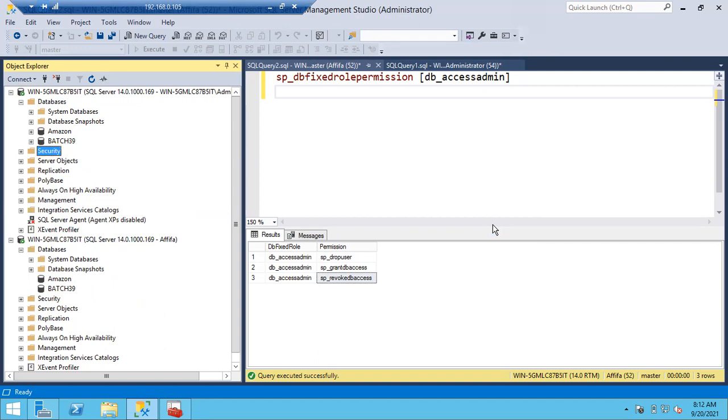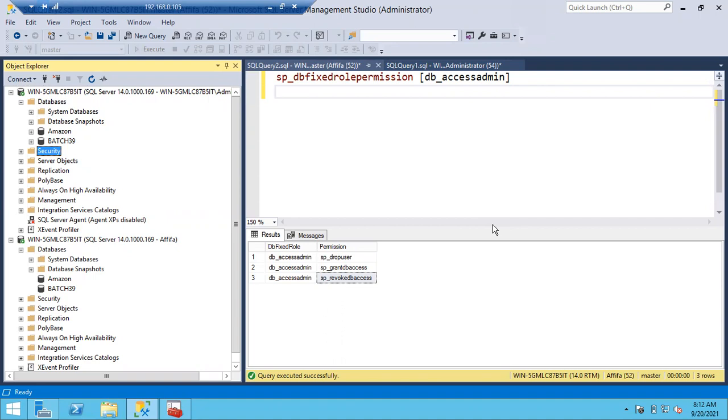Even though Afifa is a member of any server role other than sysadmin, still she cannot access the databases. Why? Because server roles are limited to the server. If you want to access the database, again, you should be a member of any of the database roles.